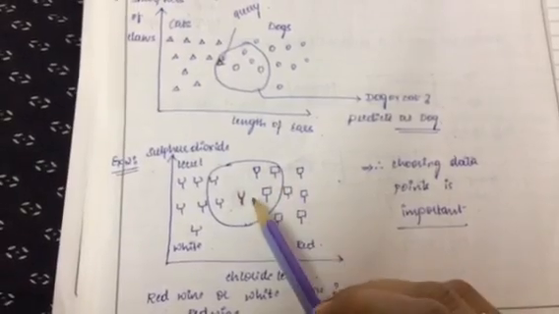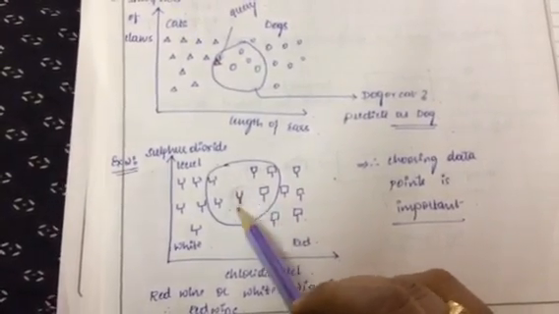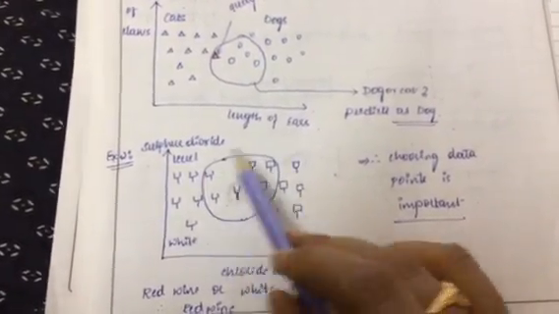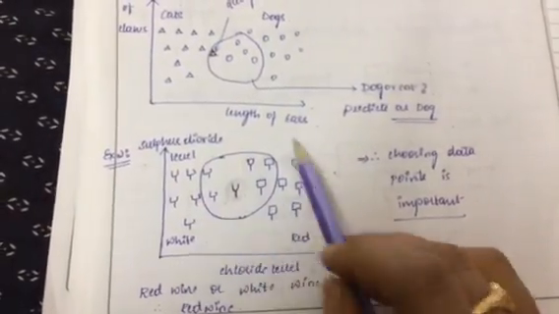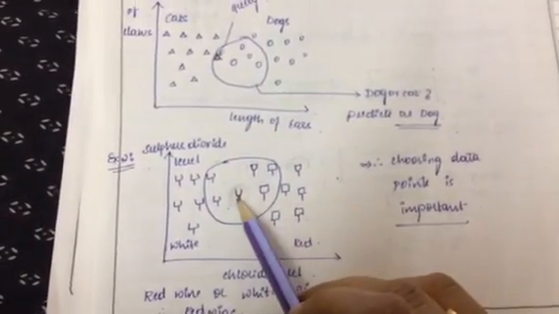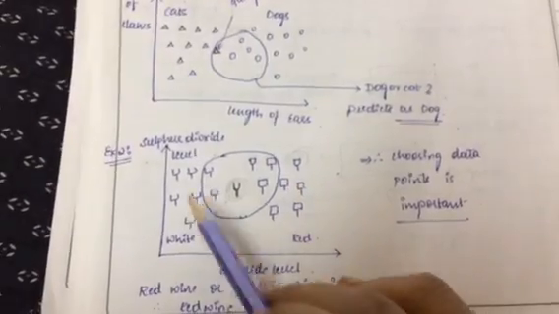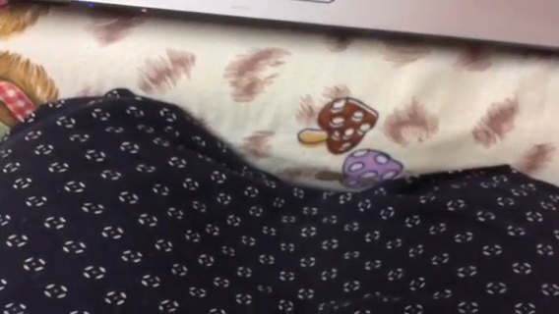Now here we are going to assign weights for each of the data points. This point is called the query point, and all the other points surrounding it are called data points. So this is a query point and these are data points. Now let's see the algorithm of a distance weighted nearest neighbor.